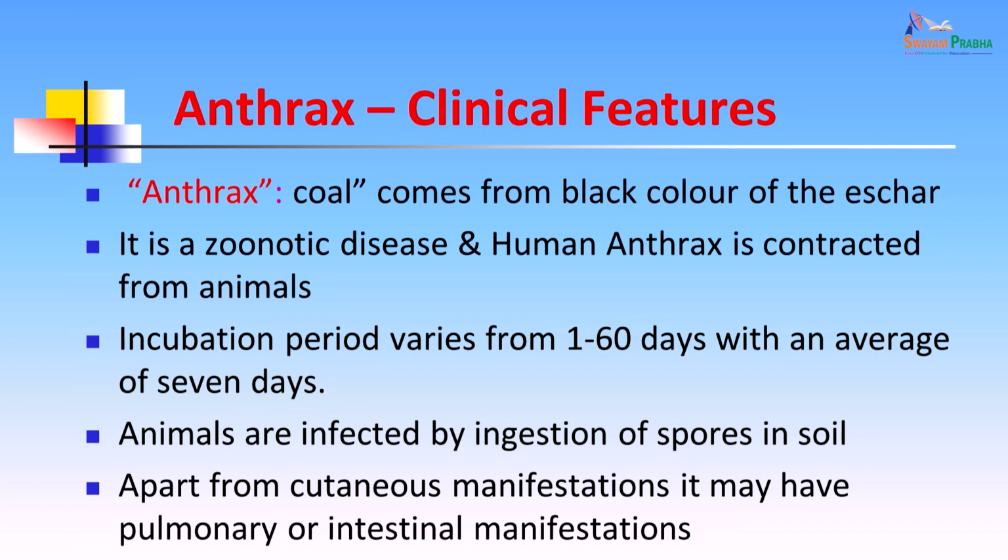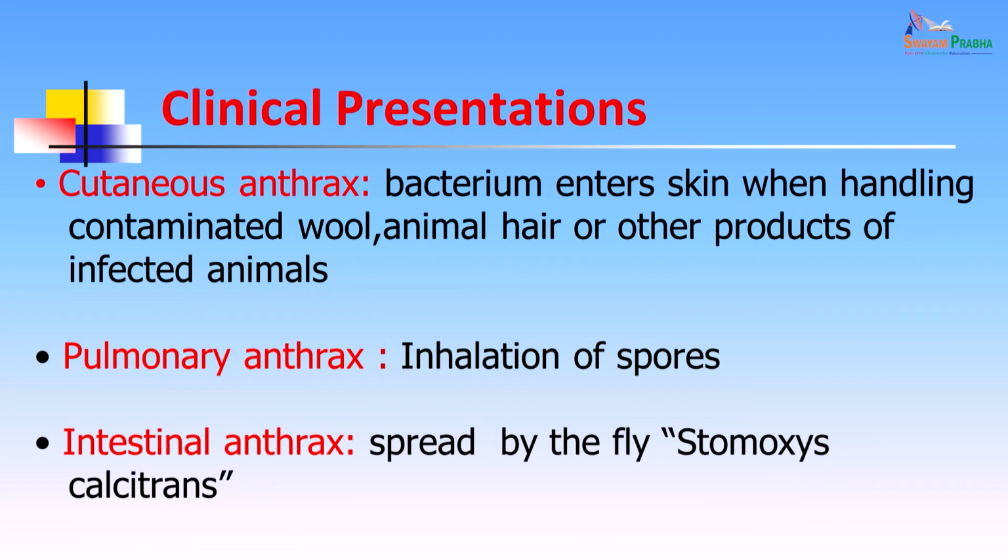Animals are infected usually by ingestion of spores in the soil. Animal to animal infection usually does not occur. Apart from cutaneous manifestations, it may have other manifestations also, such as pulmonary or intestinal manifestations. Cutaneous anthrax, the form that we have just seen in this particular patient, presents as a malignant pustule. The bacterium enters the skin when handling contaminated wool, animal hair or other products of infected animals. This particular shepherd had taken an infected sheep on his back, and probably the spores from the sheep had caused